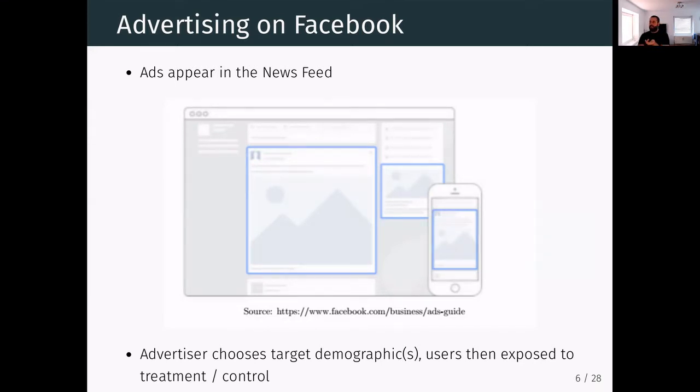Well, first you choose a demographic, right? Like, I want to place an ad. I want to target men age 24 to 35, and so on. So in the paper, that's who you're targeting. But then among those potential people that I could serve the ad to, some of them are going to be my control group, some of them are going to be my treatment group. I'm going to give some people the ad, some people not, and then look at the differences.